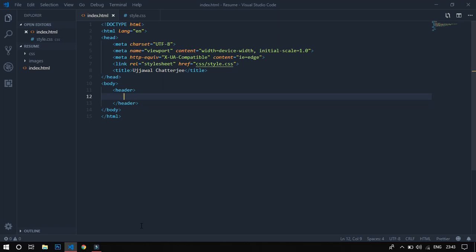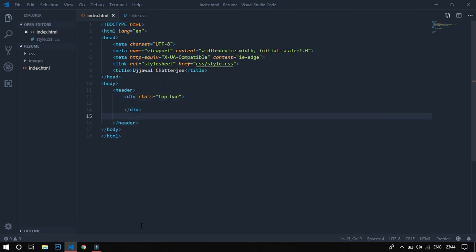a div which will indicate a row actually, but since we are not using Bootstrap this time, we shall only use HTML and CSS flexbox and normal CSS. So we shall not name it exactly row. We shall call it top bar, and inside top bar we shall create a logo at the left side and a navigation at the right side. So first of all, we shall divide the whole screen into two parts, the top bar and the rest of the header. So we shall create a new div with the class top bar,